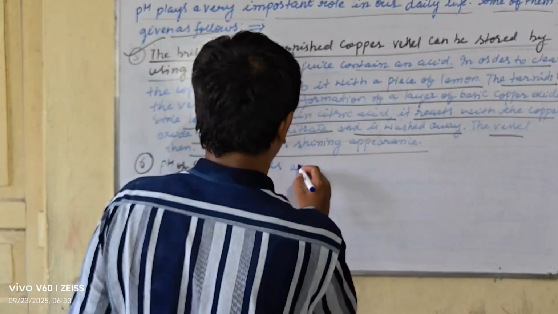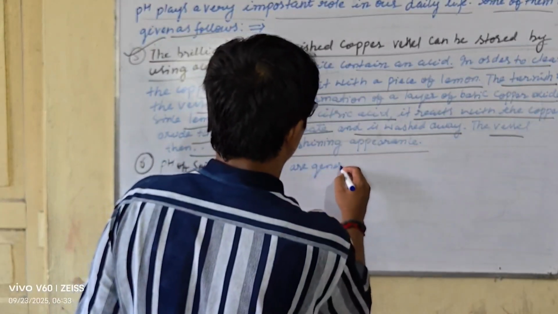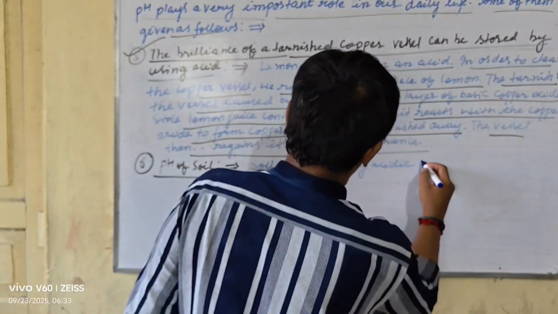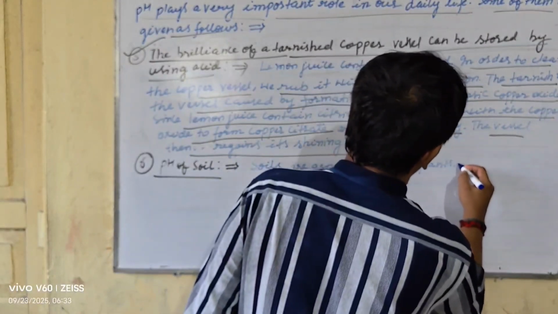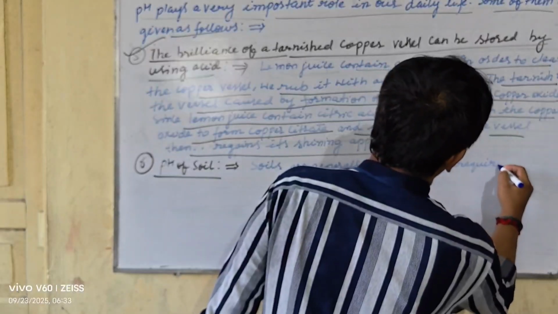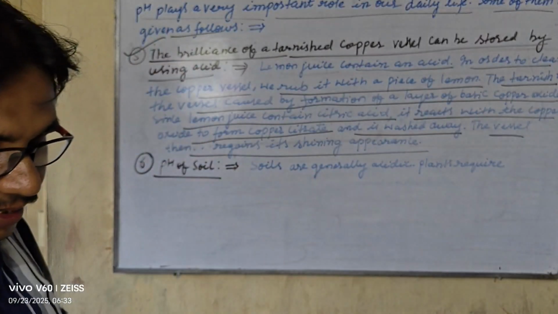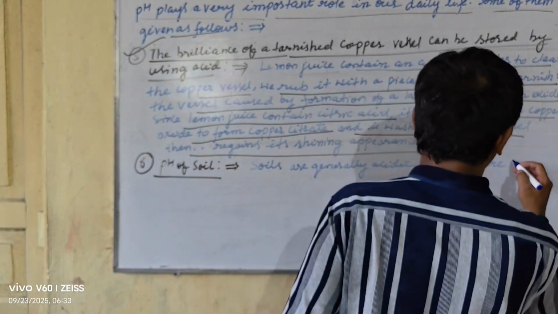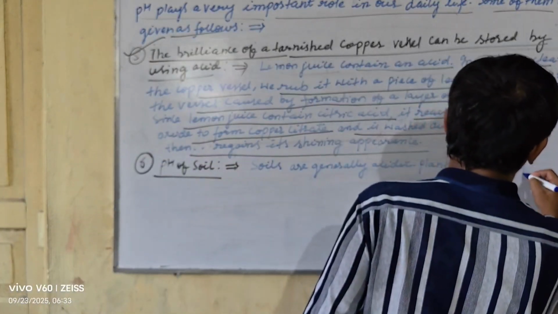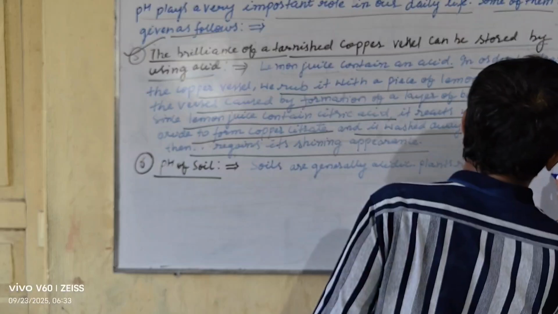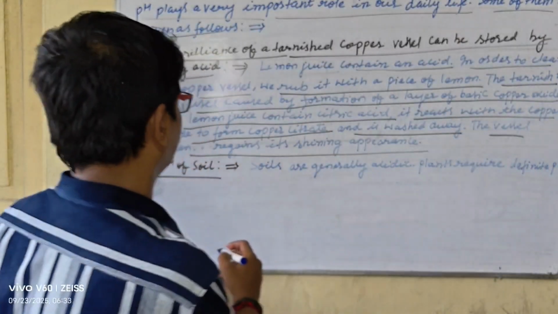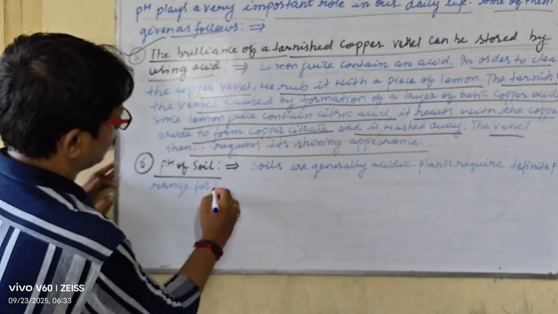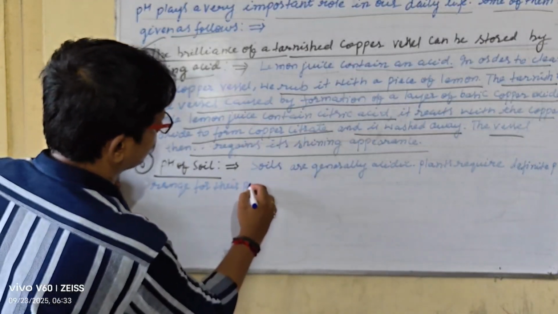Soils are generally acidic. Plants require a definite pH range for their